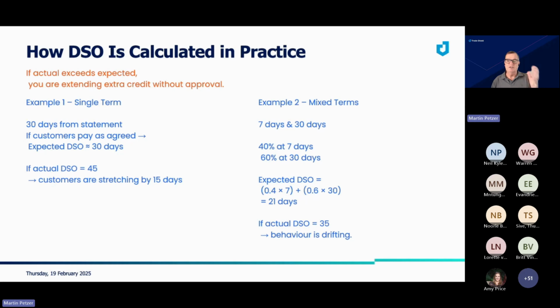Example 2, of course, we've got 7-day terms and 30-day terms, and the percentages of, as the example says, 40% of your clients are buying you 7 days and 60% of it is in 30 days, then this is how it will break up. And that's also where you're going to have a difference in behavior. If you have a lot of shorter term clients, your DSO is going to be shorter as well, because there's activity that is different to the normal activity.